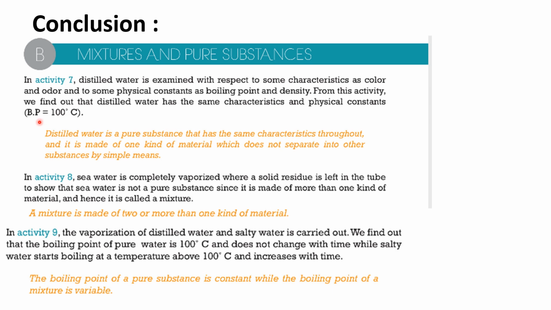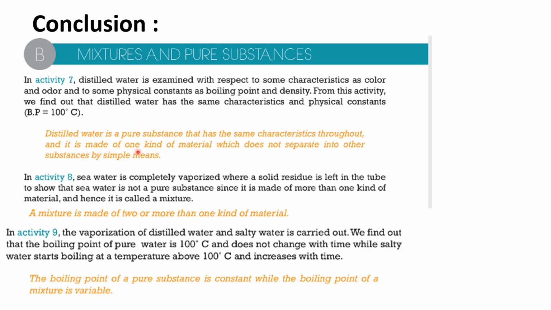It has a constant boiling point which is 100 degrees Celsius. So distilled water is a pure substance that has the same characteristics throughout. Distilled water is odorless, colorless, and it appears clear. So these characteristics are the same,